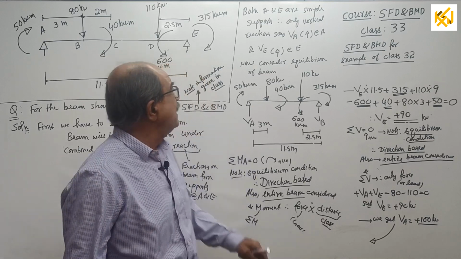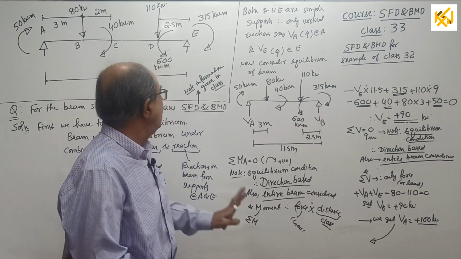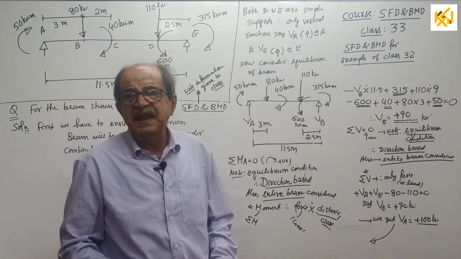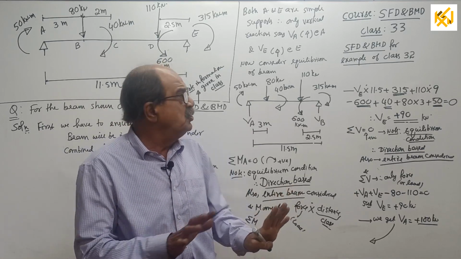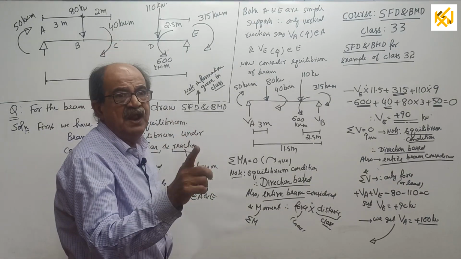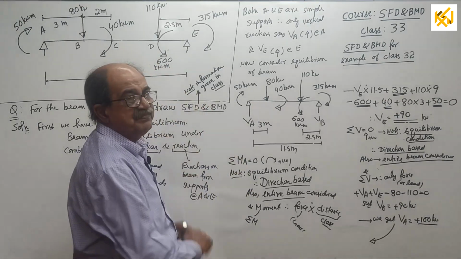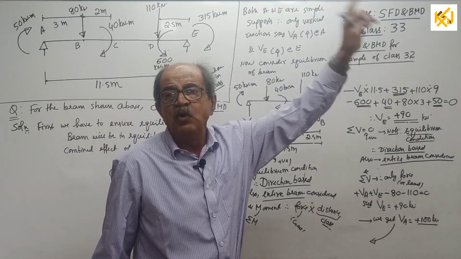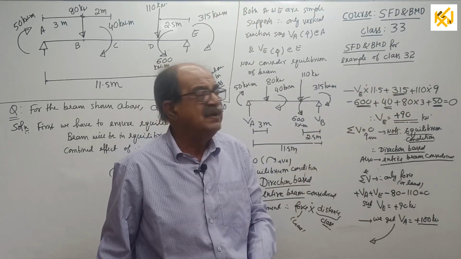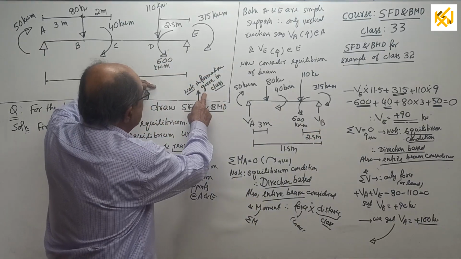So when I explain that much, I will do one thing: I will draw SFD and BMD also. But remember, it is too early now. So I will finish SFD and BMD here. If any doubts are there, never bother. Keep today's class calculation important for you. Go through the calculation, and keep today's SFD and BMD pending. I will tell later. Now go back to that class and correctly draw SFD and BMD. At that time, you will know everything, so you can draw the SFD and BMD. That's what I told about the information given in the class.